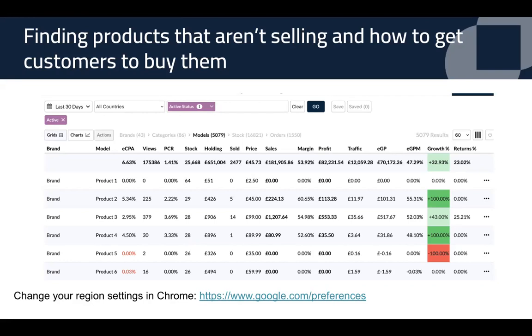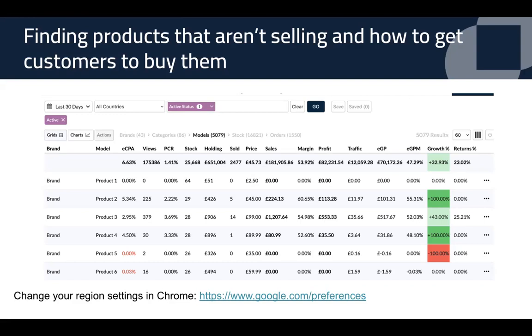Then I would filter by country, scroll to the bottom of sales analysis and export this view. At the same time, you could log into your Google Search Console and get an idea of the search terms that are actually driving traffic to the site. Does this correlate with the views that we're seeing within sales analysis? You could also set your browser country within Google to match where your products are actually being viewed. You can see at the bottom of this screen, I've dropped the link in here for your Google browsing